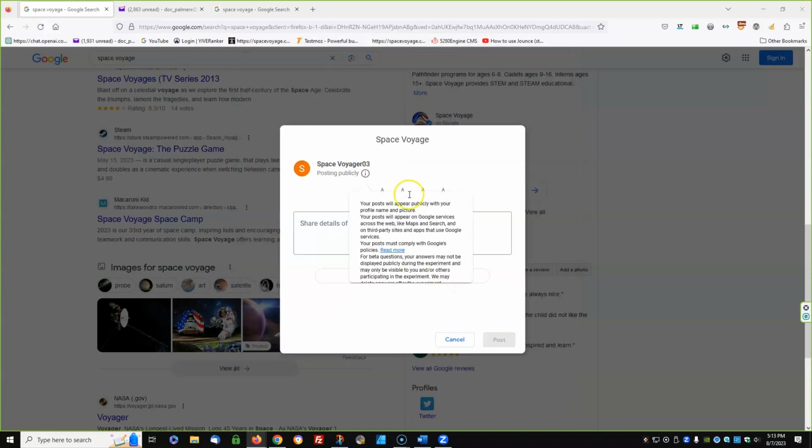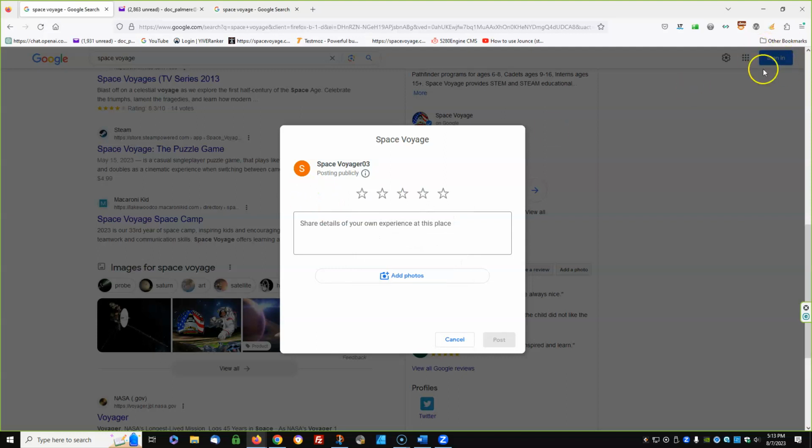You have to. But now the point is that if we sign out up here in the upper right hand corner, then we're no longer attached to Google. A lot of people will leave themselves signed in. So if I give a 5-star review and say, I have built this camp for 30 plus years. It is the best. I'm going to put here the summer